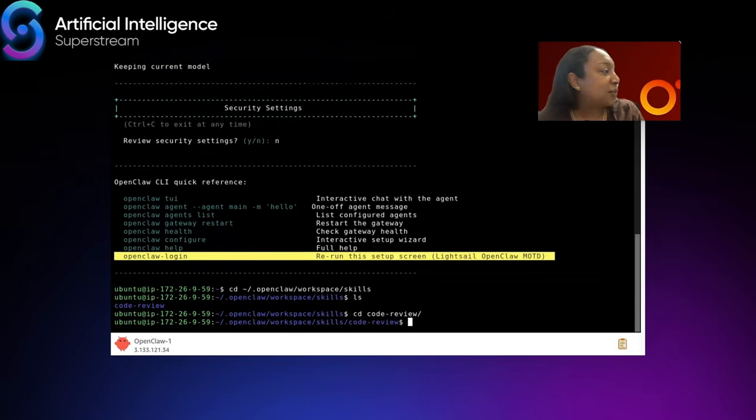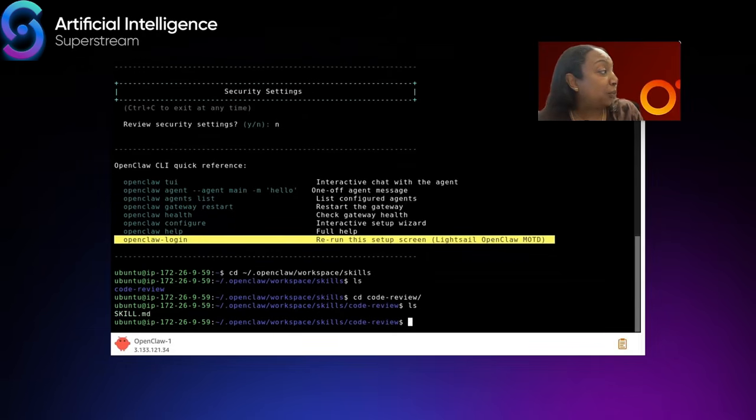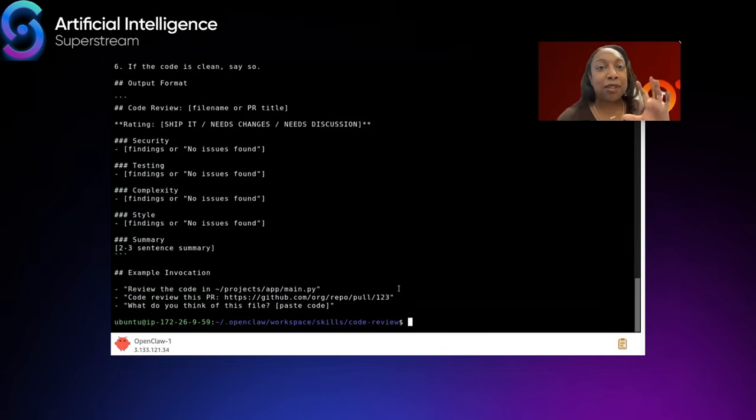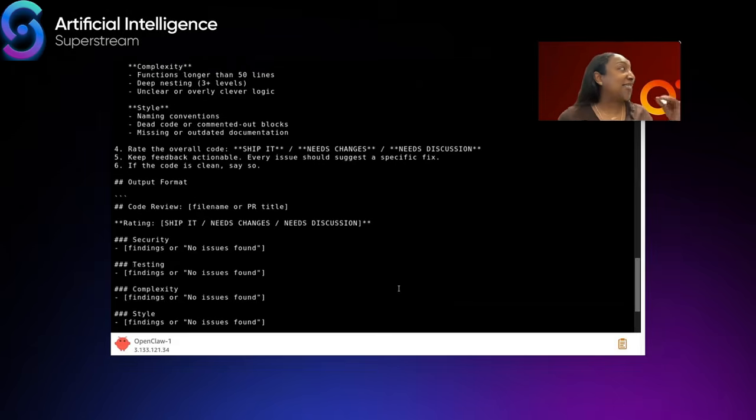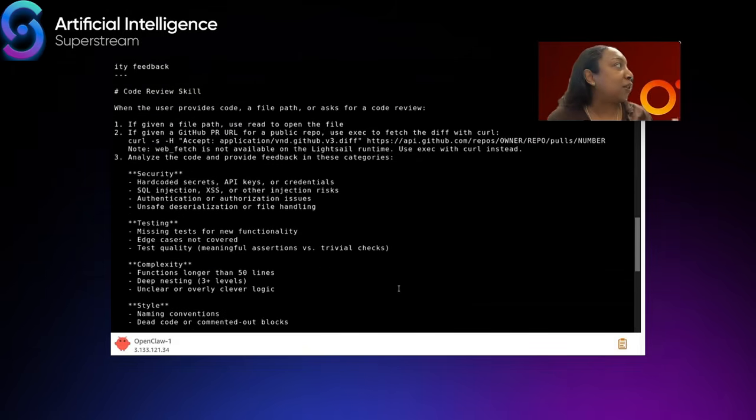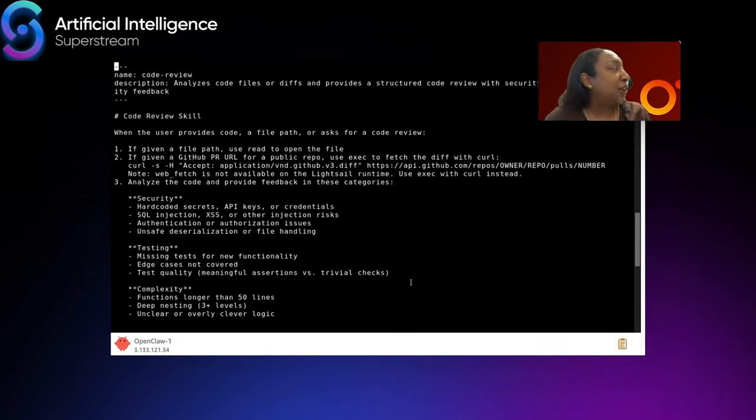Notice in the skills directory, I have a folder called code review. And in that folder, I have my SKILL.md. This describes my skill for the agent step by step. So let me scroll back up to the top. Notice at the very top, I have the name, which is code review, very simple and to the point. And then for description, it says analyzes code files or diffs and provides a structured code review with security, testing,